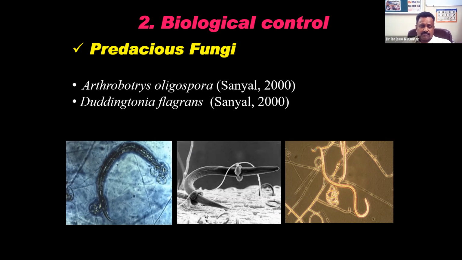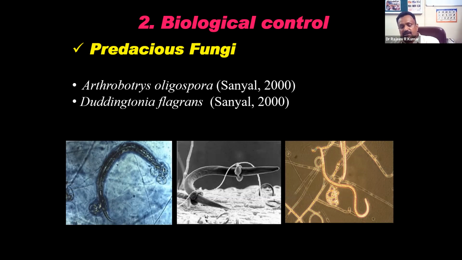Both Arthrobotrys oligospora and Duddingtonia flagrans are fungal spores. Fungal spores can be fed to the animals along with the feed. They are non-pathogenic and pass directly through the intestine into the feces. When the animal discharges feces, if infected with gastrointestinal nematodes, the fecal sample contains eggs, and this fungal spore also passes through the feces. What happens when it comes into the environment? The fungal spore germinates and mycelium develops. The mycelium traps the developing larvae,